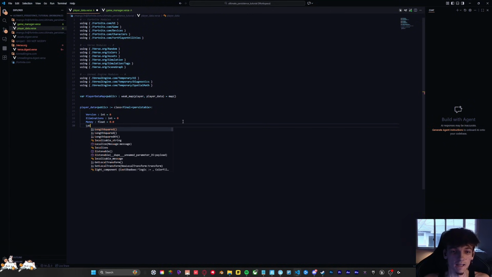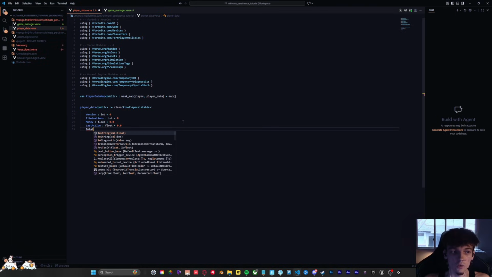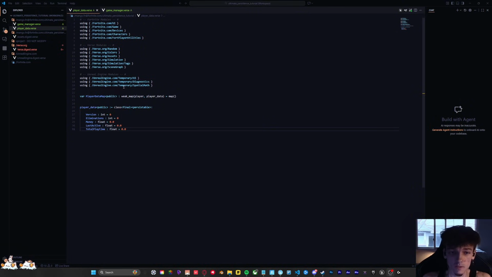We also have last active, and that is a float as well, and total playtime, which is a float as well. So I'm not really going to be touching on these two in particular,